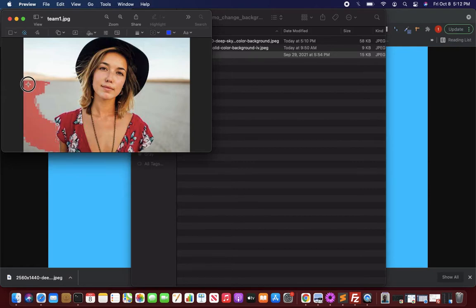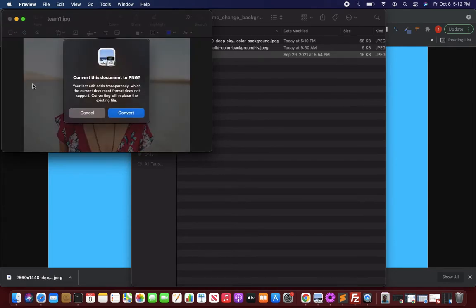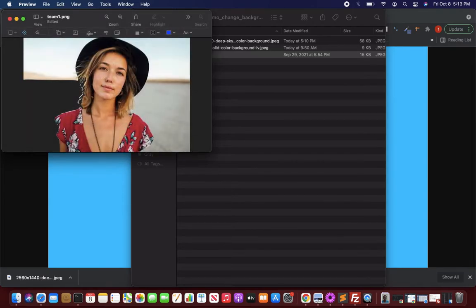Now I select it, drag slowly and select. If you look at it, it is giving you a dotted line, which shows what we are going to delete. Just press delete. For the first time it will ask you to convert this document to PNG. If your files are JPEG files, it will ask you to save as PNG, which is okay since we are working in a separate folder. Just click convert. It has deleted it neatly. One of the backgrounds is cleaned up.